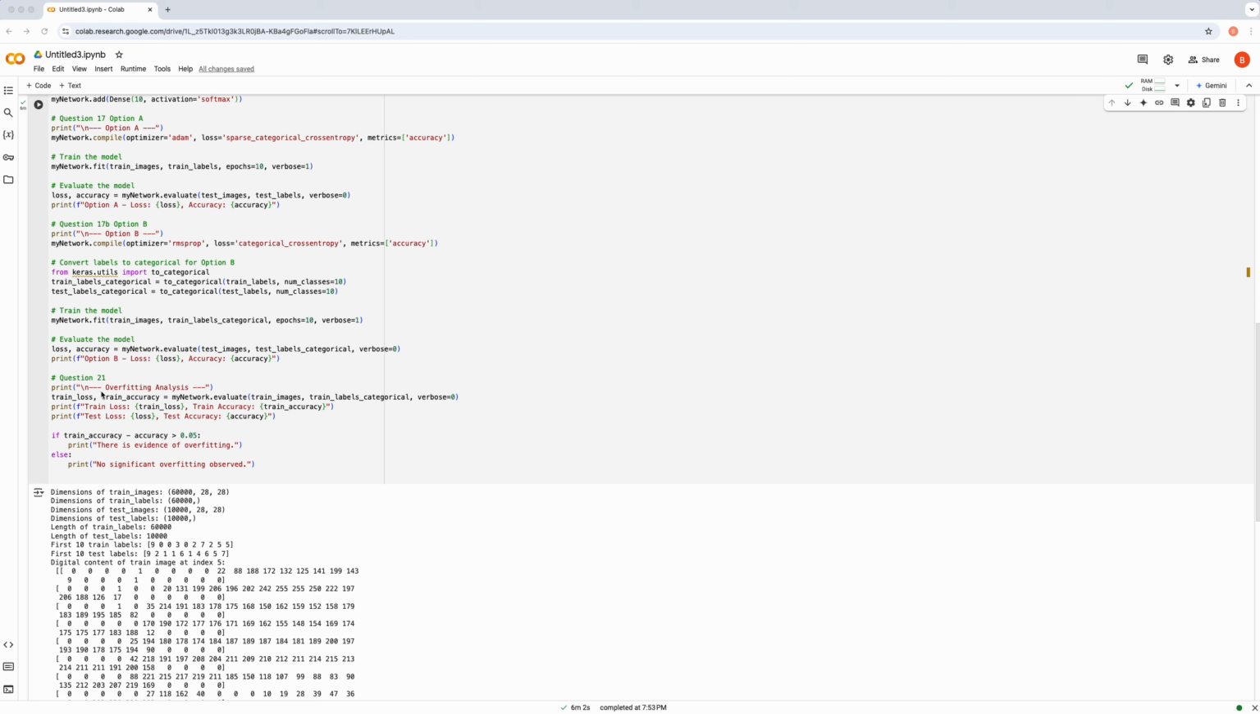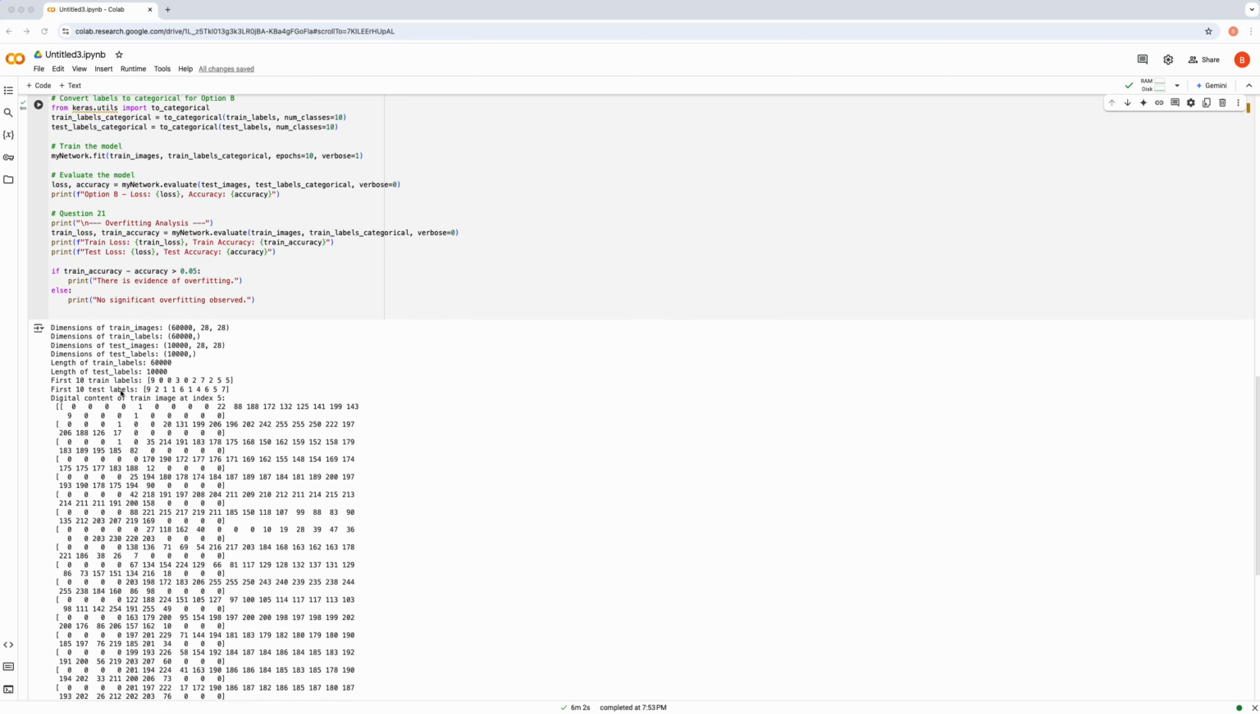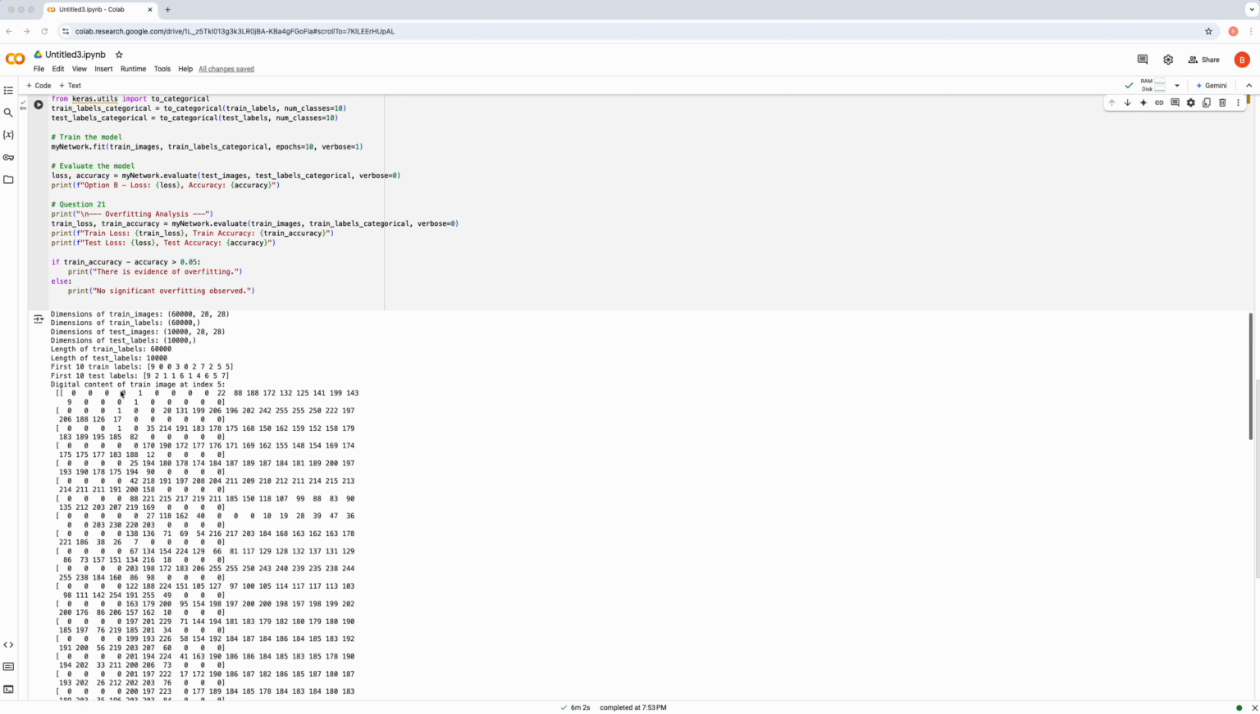For question 21, I analyzed overfitting. So I analyzed overfitting by comparing the train and test accuracies. If the training accuracy was significantly higher than the test accuracy, I considered it as evidence of overfitting. Otherwise, no overfitting was observed. So this is the output